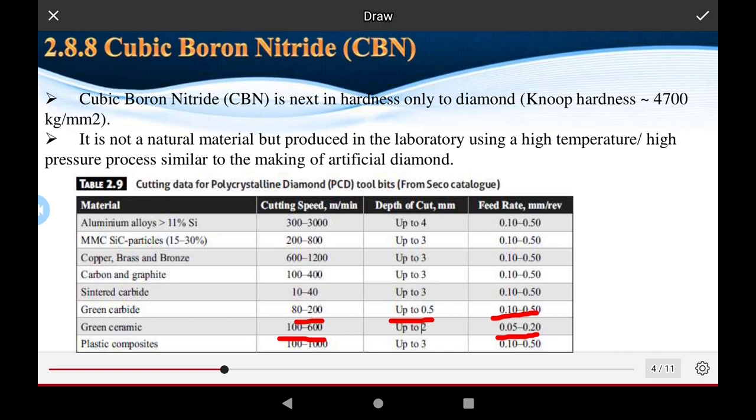And for plastic and composite materials, the cutting speed is 10 to 1000 meters per minute, and it is also used for a depth of cut of up to 3 mm, and the other is